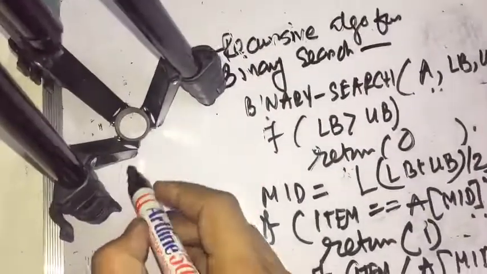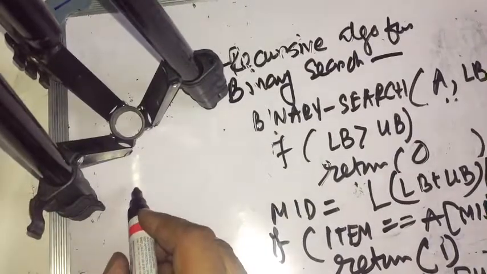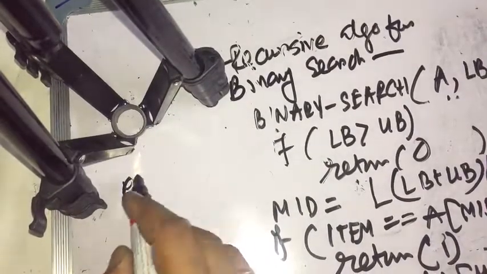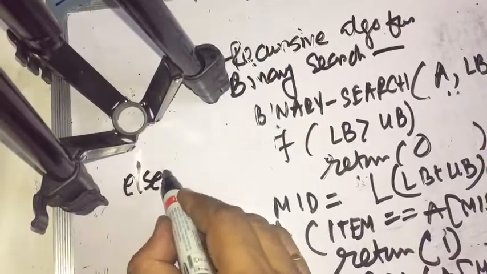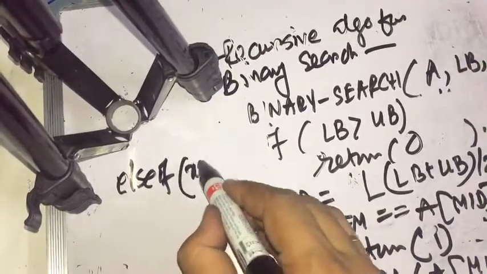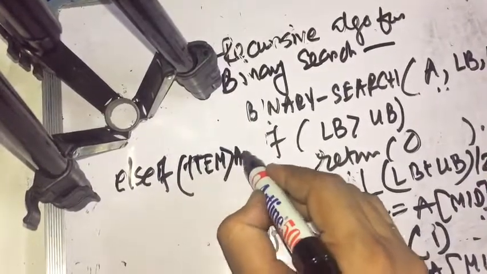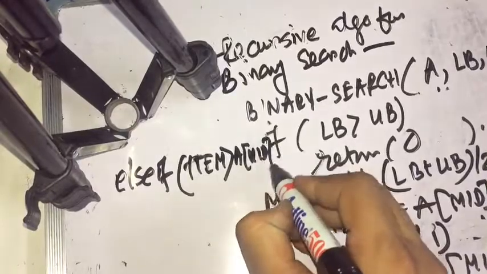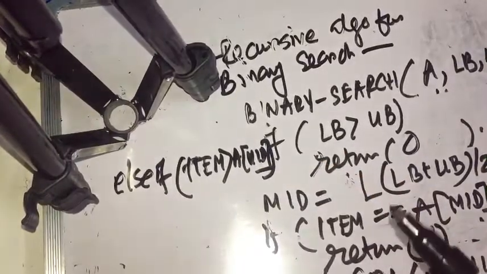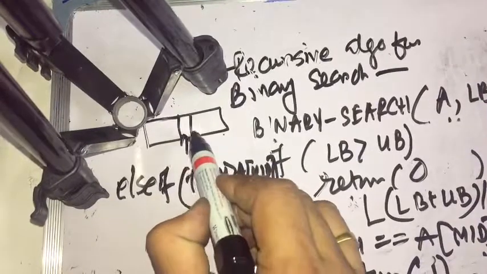Else again we have to check. This is else if, again if there is an else part, we can check another condition: x greater than, that is item greater than a of mid. If the item is greater than a of mid,